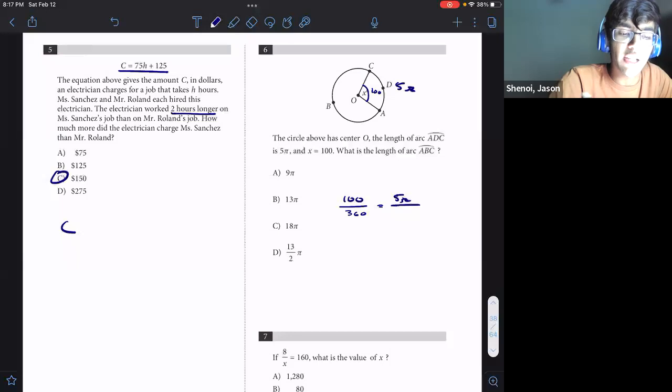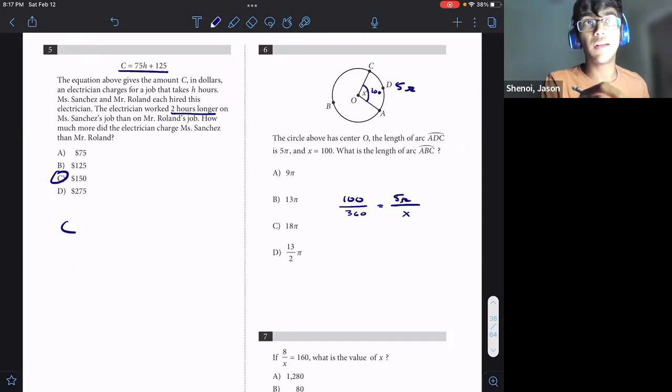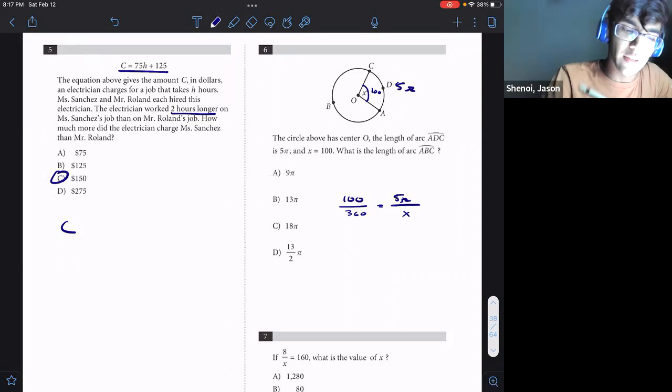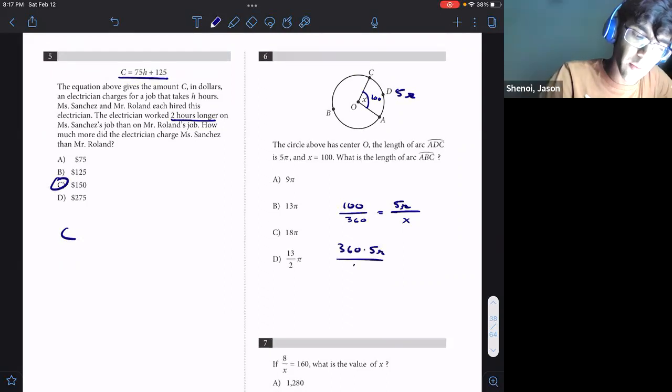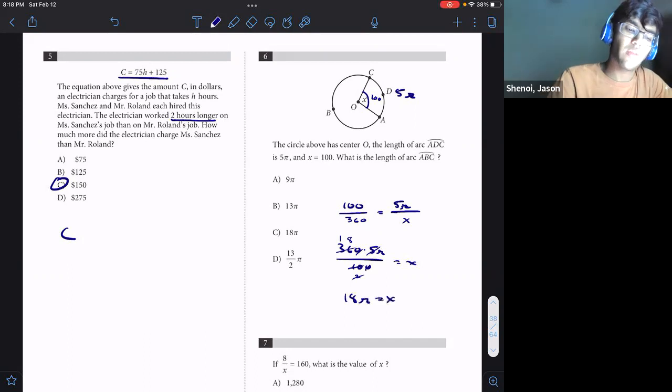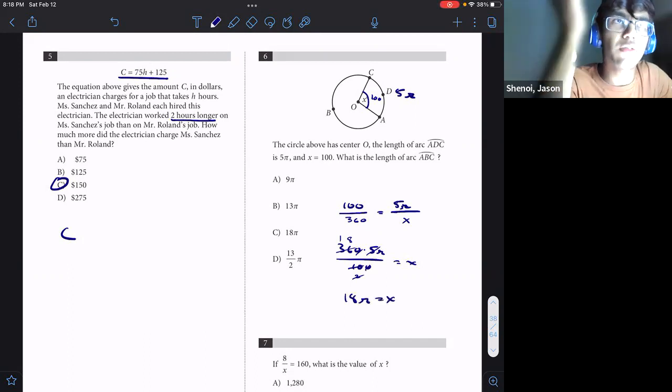We're going to set this as a ratio. 100 degrees over 360 is the same as 5 pi over x, right? Because it's the same ratio. So what is x? Well, 360 times 5 pi over 100 equals x. That's 18 pi. So that's the full circumference of the circle, 18 pi,